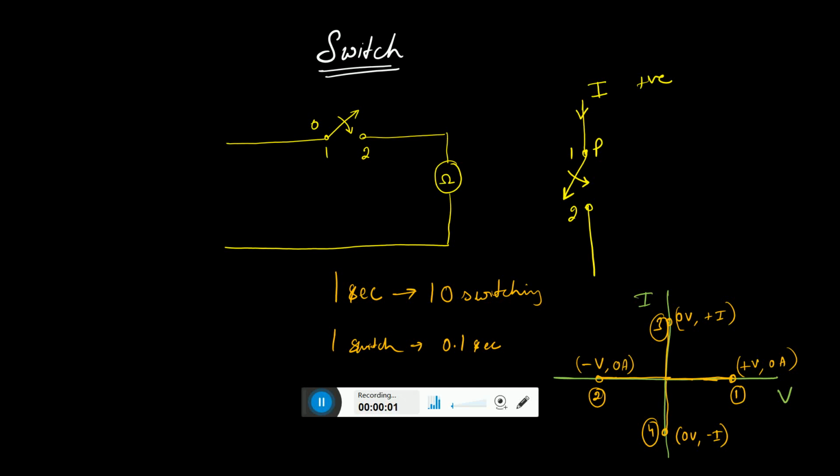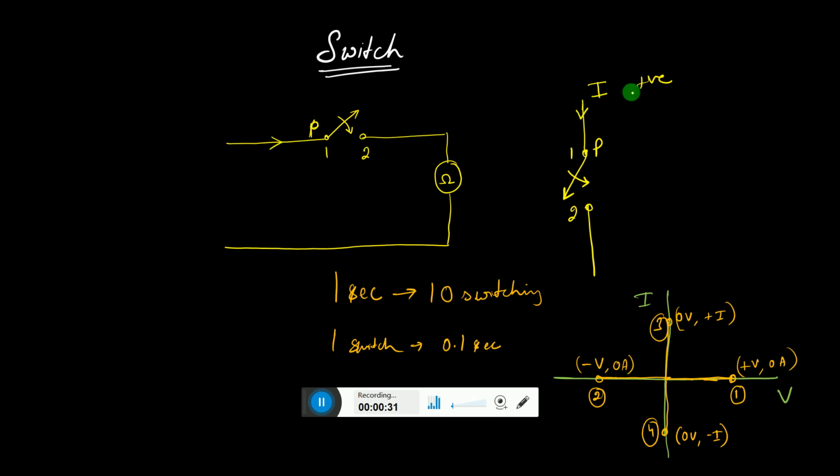Now, as we talk about the switch, in the previous video, let us begin with a little bit regarding the switch, then we will go to the power transistor. So a switch is used, and this side is called the pole, where the stud is connected, and on the other side it can be connected to 2, and this switch with the direction of the current in any one of the directions.